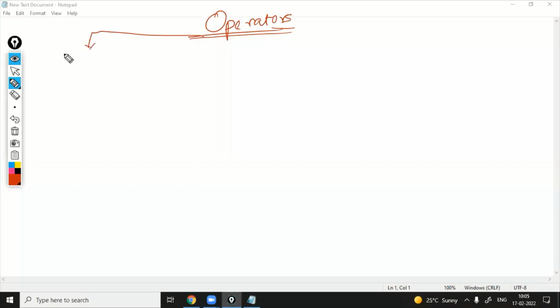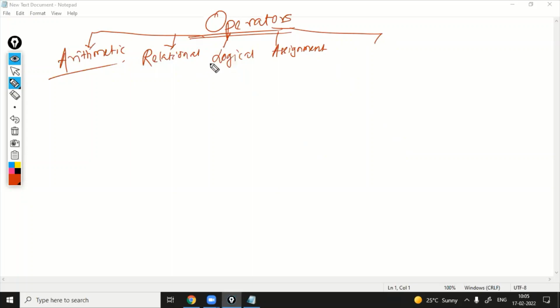It can be arithmetic operators. It is your duty to study; I'm just discussing arithmetic here. Then the second one is relational operators. Then logical operators, and assignment operators. Everything you studied in C programming. Then increment or decrement.